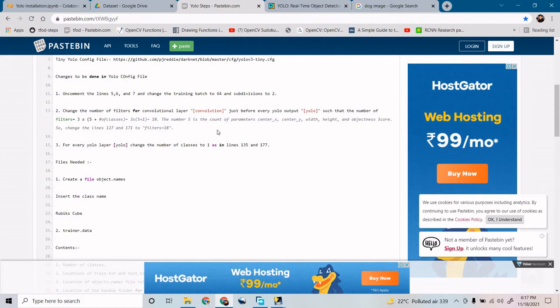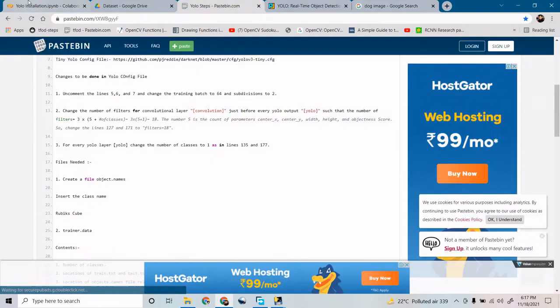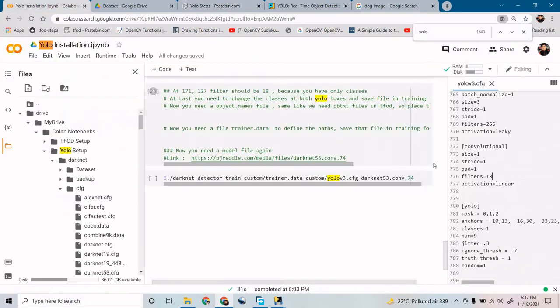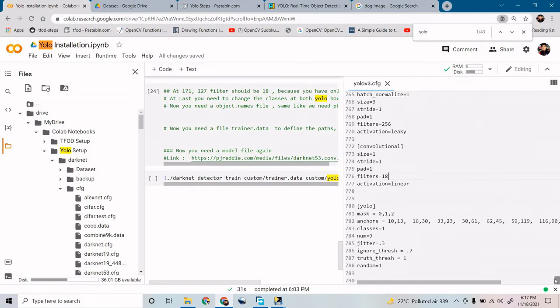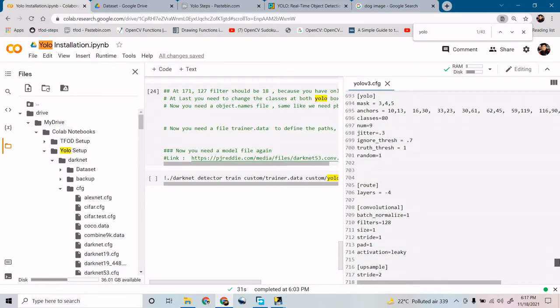Now for the convolutional layers, whatever convolutional layer you have before the YOLO, you need to change it to 18. The filter size should be 18 right now. Now let me see where it was before a YOLO.